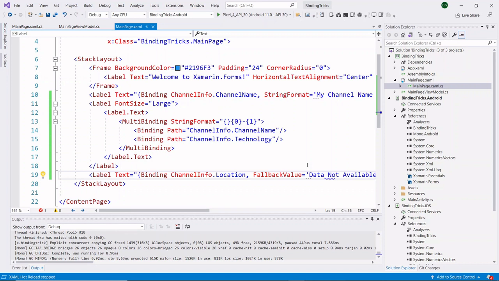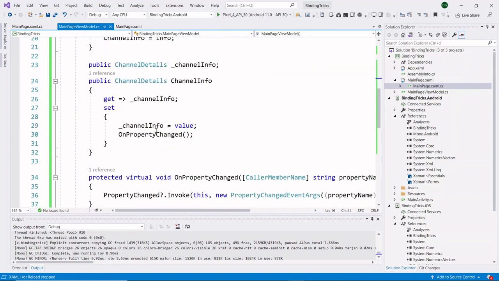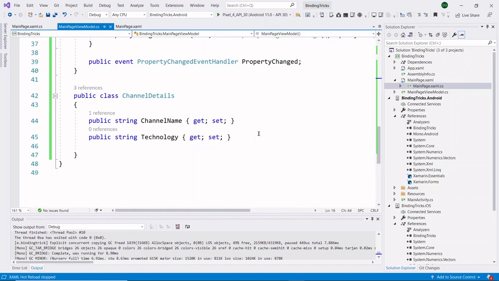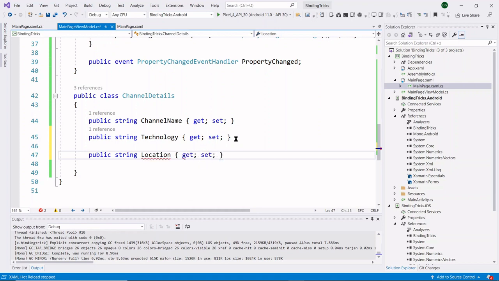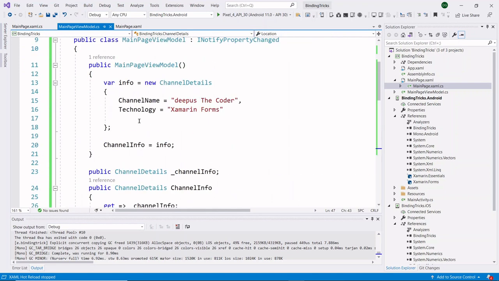Now I will show you how to add target null value. First, I will assign another property to our channel details class. And here I am assigning a null value to our location.